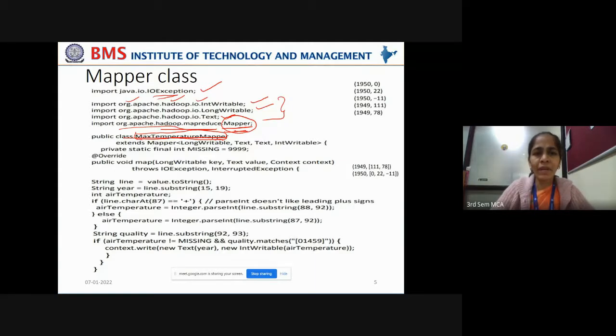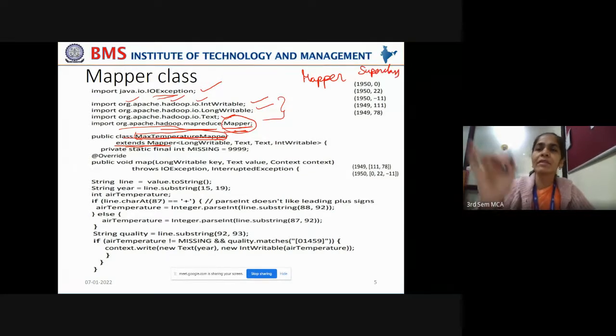Now we are using this public class MaxTemperatureMapper, and observe this carefully. It is extending the org.apache.hadoop mapreduce class Mapper. Mapper is a superclass which has some functions which can be overridden in the subclasses with our intended purpose. So if we have some purpose of writing a mapper class or a reducer class, that will be enabled by taking the map function of this Mapper class.